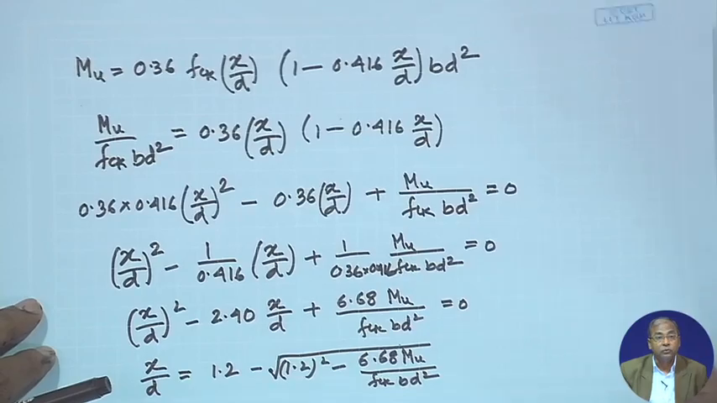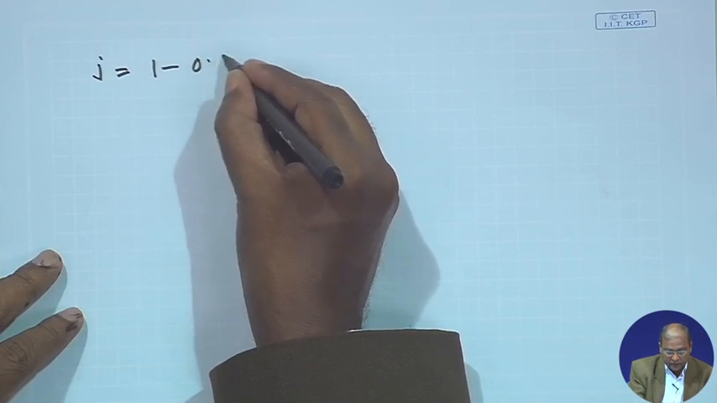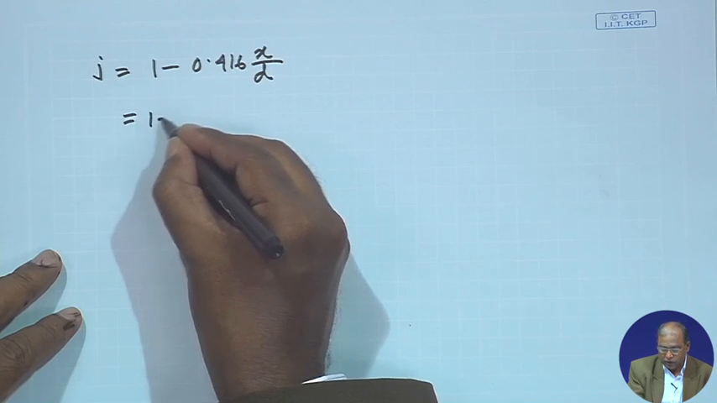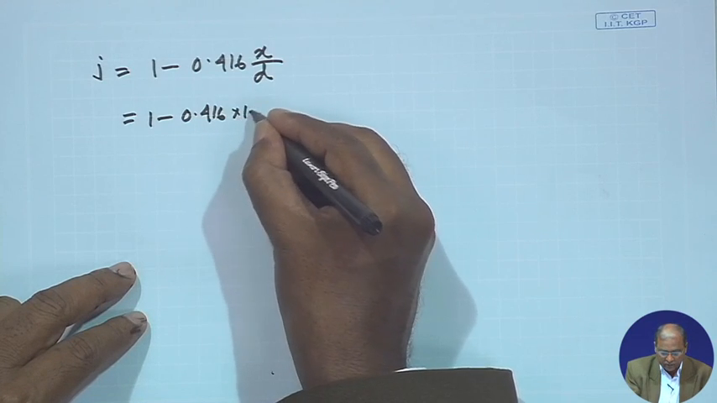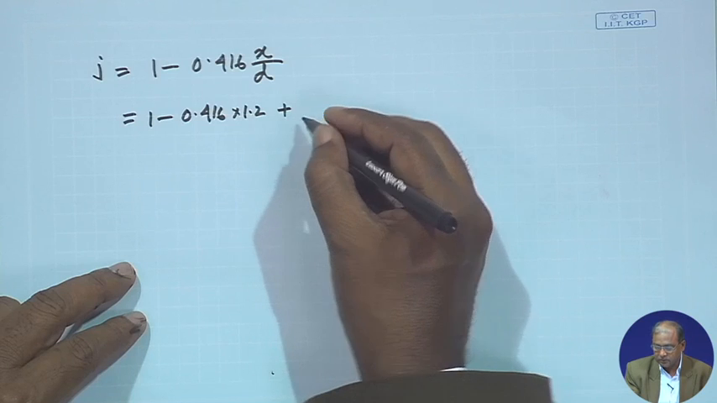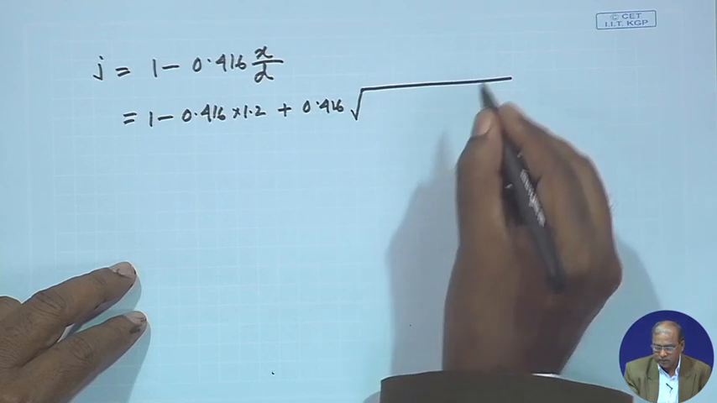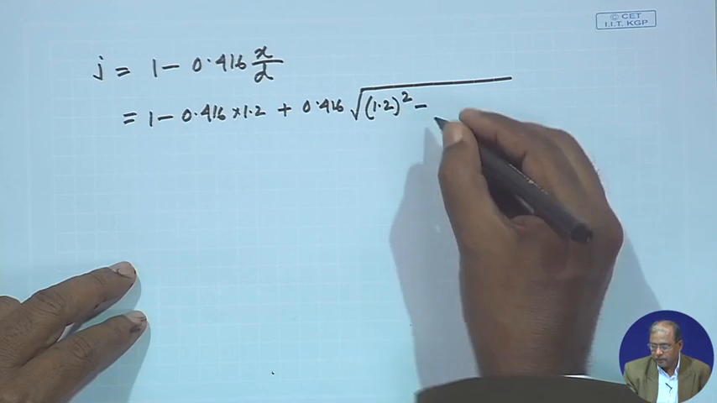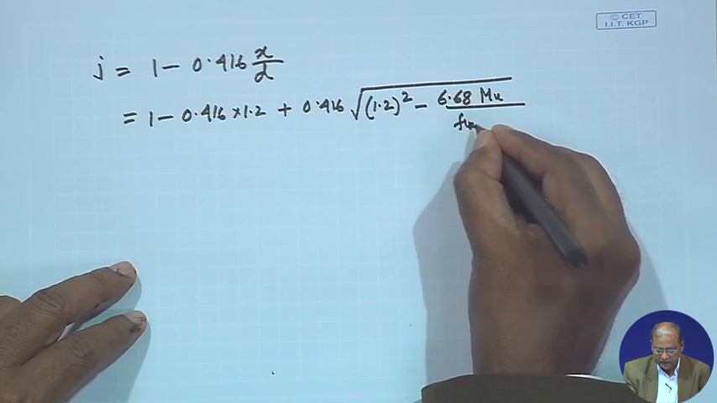Now, further I would like to do J, which is 1 minus 0.416 x by d, equal to 1 minus 0.416 into (1.2 plus or minus root over 1.2 whole square minus 6.68 Mu by FCK b d square),